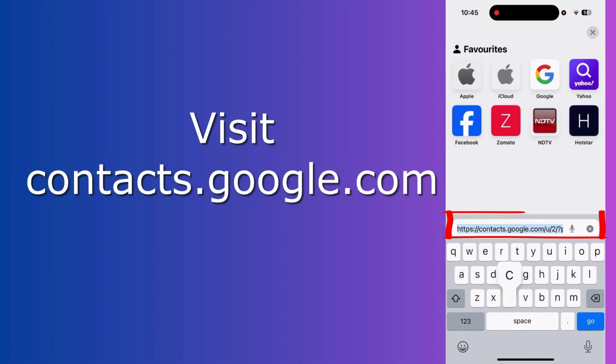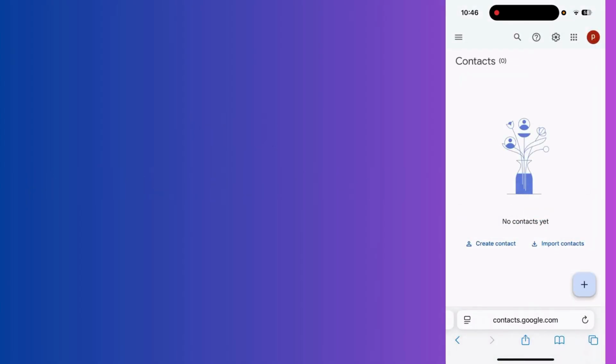Now open your browser and go to contacts.google.com. And if you are not logged in with your Gmail account, so log in first. And here you can see the option to create contact and import contact. So here click on import contact and now click on the select file